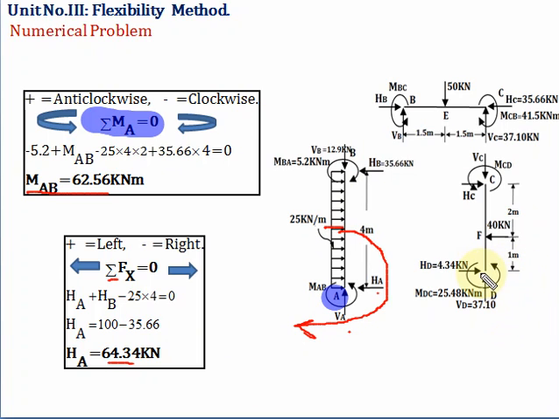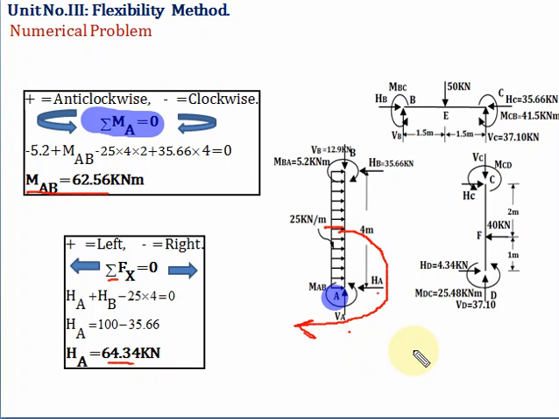Now here, first by using the flexibility method we have found the unknown at support D. Then by knowing the values at support D, we have found the unknown at joint C. Then after finding the unknown at joint C, we have found the unknown at joint B, and then we have found the unknown at joint E. So in this way we have calculated the unknowns in the indeterminate structure.